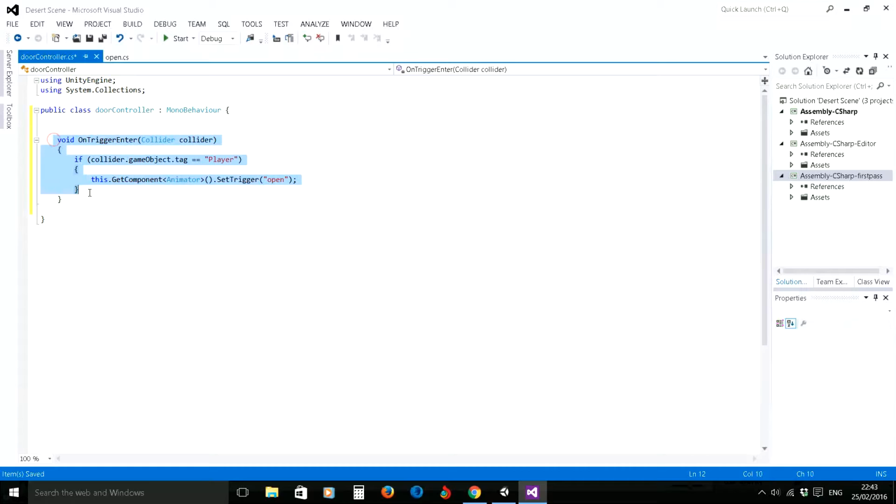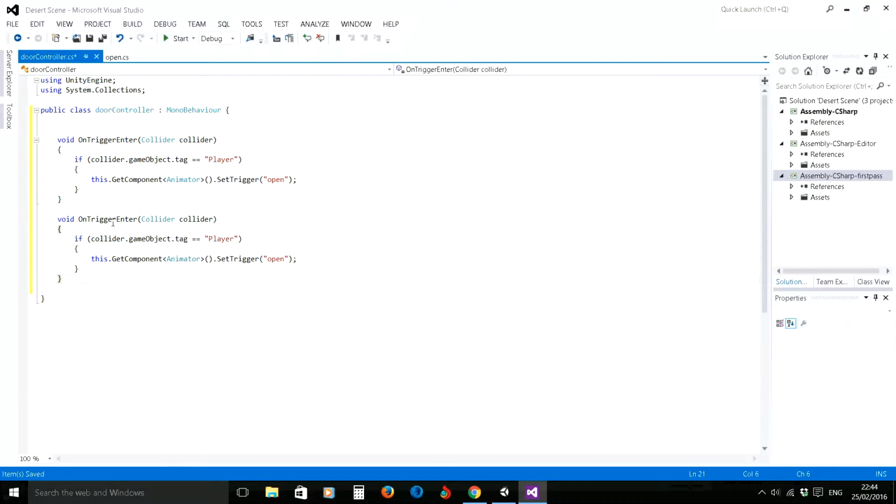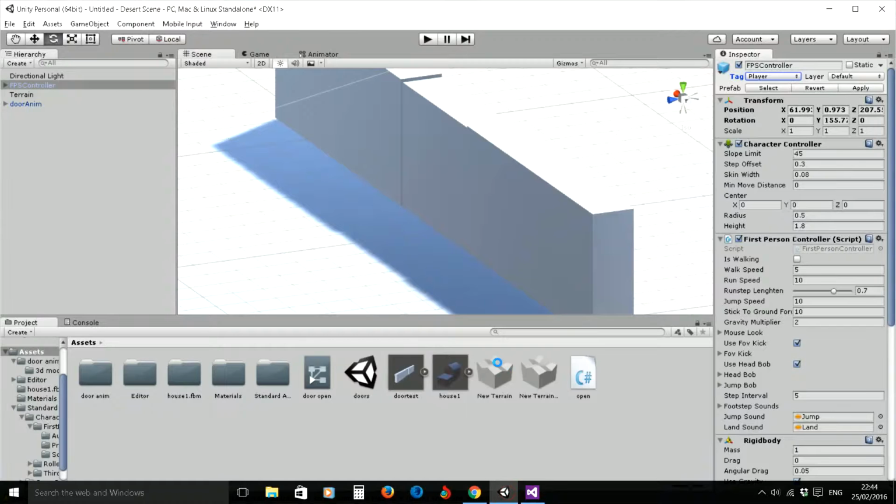And again, I will copy this, and instead of OnTriggerEnter, it will be OnTriggerExit. And again, if the collider is tagged Player, I'm going to send another trigger called Close. Let's save this script file, go back to Unity,